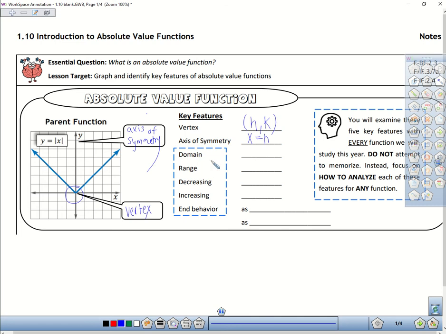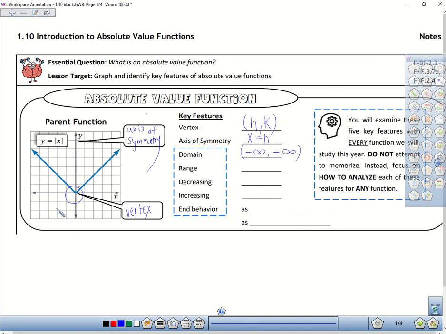So now we're going to look at the domain. So for every absolute value function, the domain is all real numbers. So I'm going to write it in interval notation, negative infinity to positive infinity. All right, negative infinity to positive infinity. And the range will actually vary based on what absolute value function we're looking at, because we're looking today